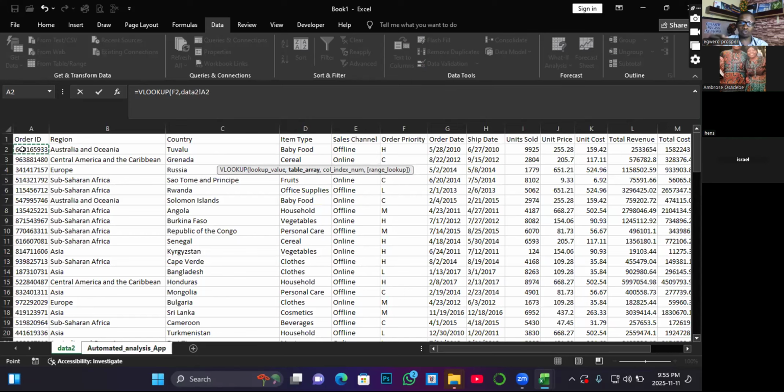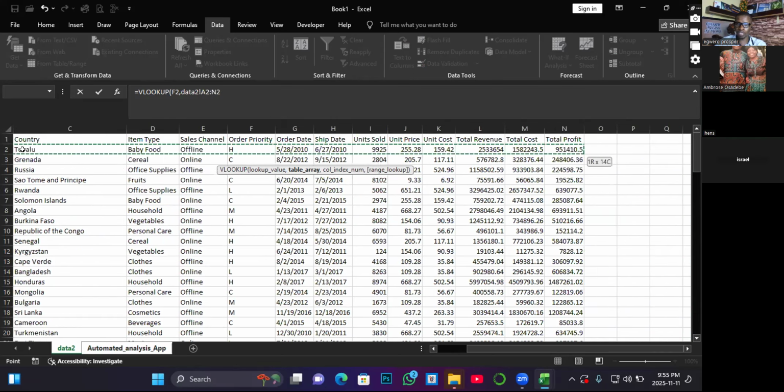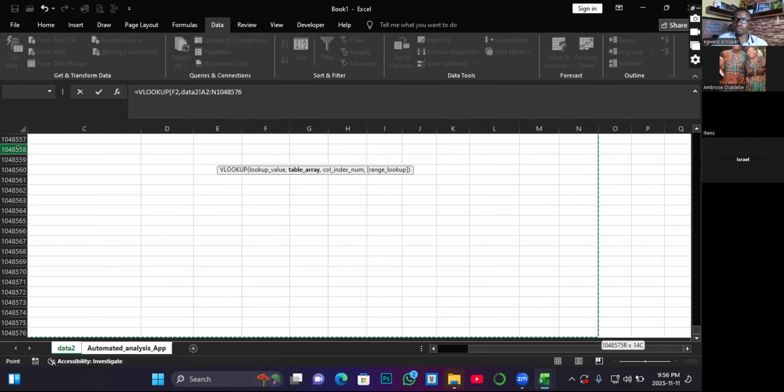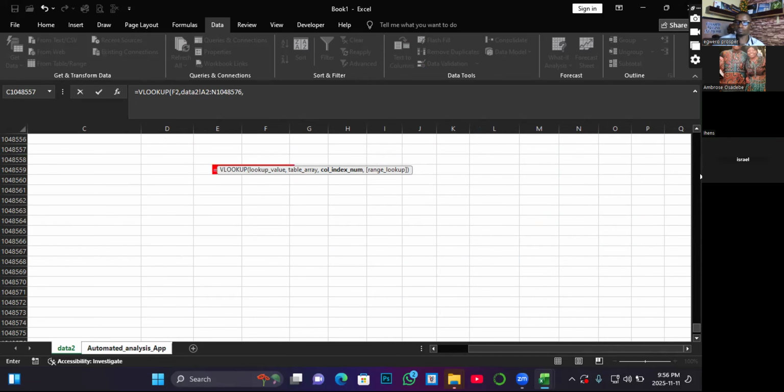Then hold down the Control and Shift buttons, press the right arrow button to select the entire width, and the down arrow button to select the height. But because of future entries, I will select everything so that once a value comes in within this area, it will still be captured in my application. So, comma, so that is your